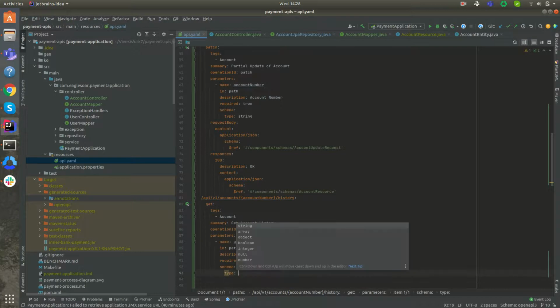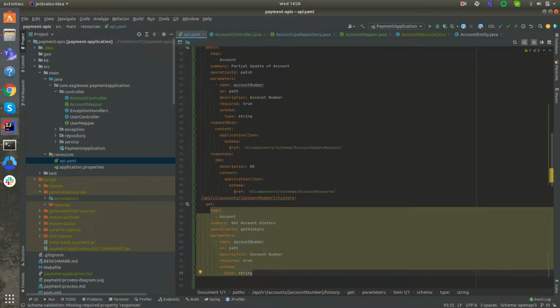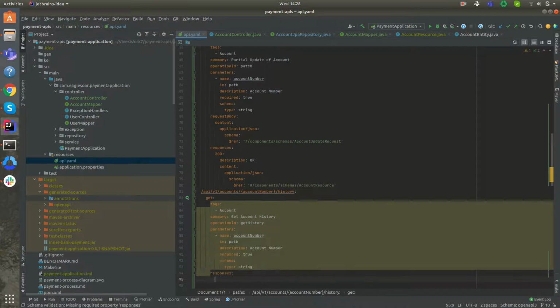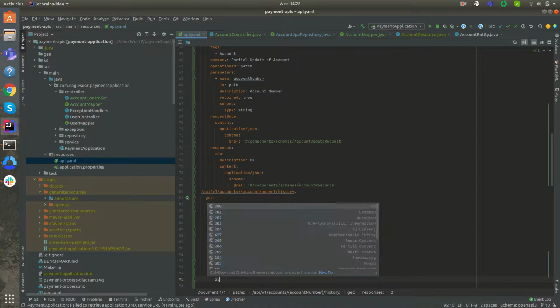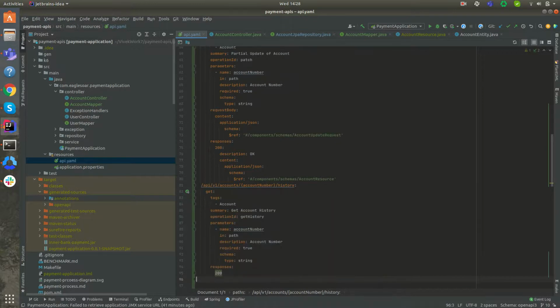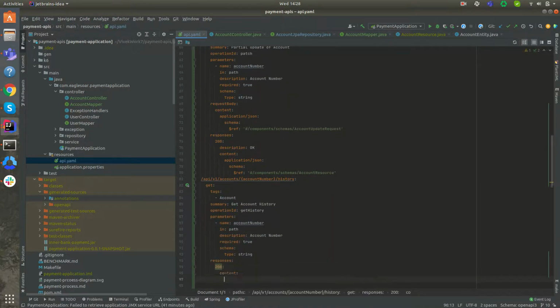Type of string. We define this as well. So as part of the responses, request body responses, this would be a 200, I think, and then in the 200, the content would be something like this. The content would be application/json, of course,